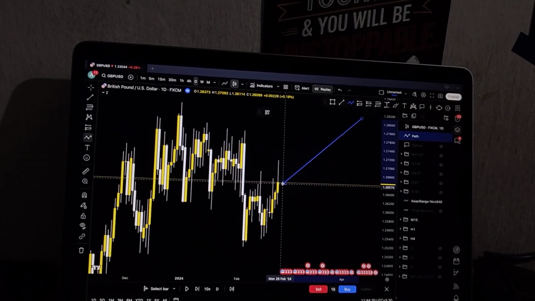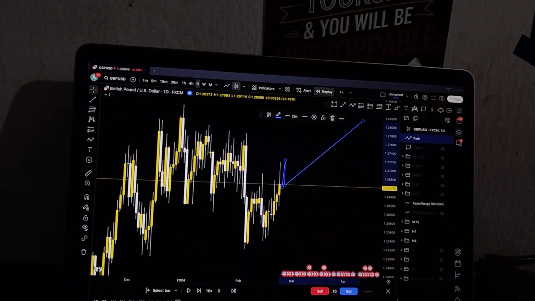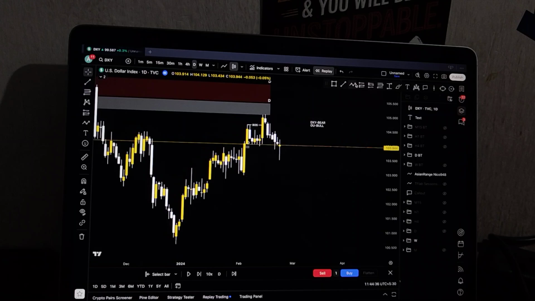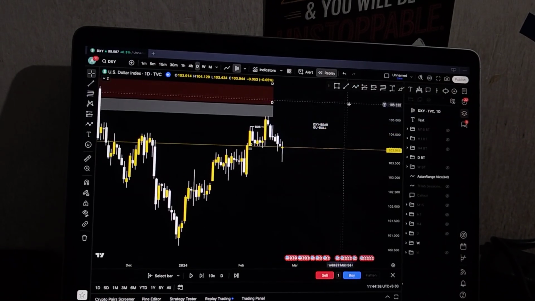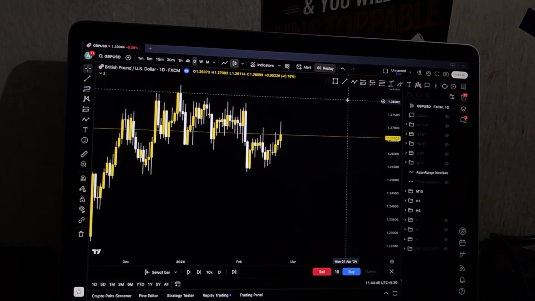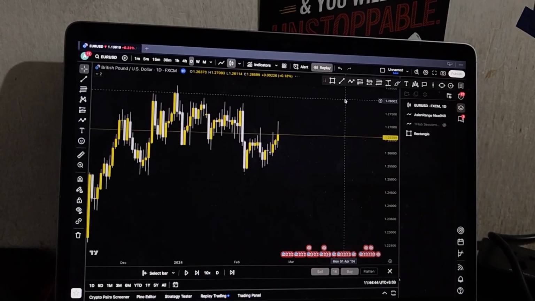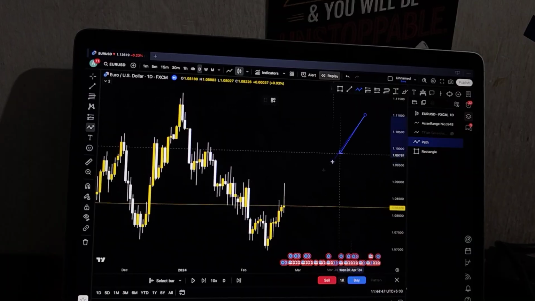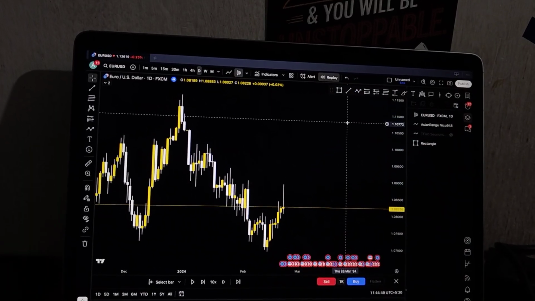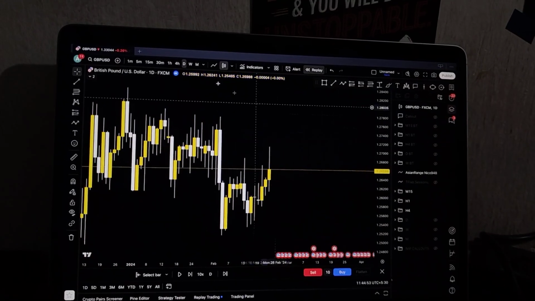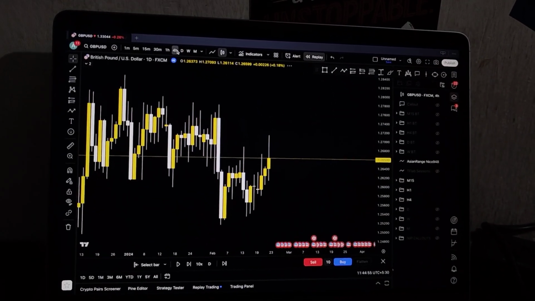So now I go to Friday, and even how this Thursday candle closed, it is more of a bearish candle than a bullish candle. Why? Because of the wick to the upside. Now we go to DXY, and DXY has closed as a bullish pin bar, and GBP USD is an indecision candle. This is not giving any decision, but in Euro USD it is a bearish pin bar right here.